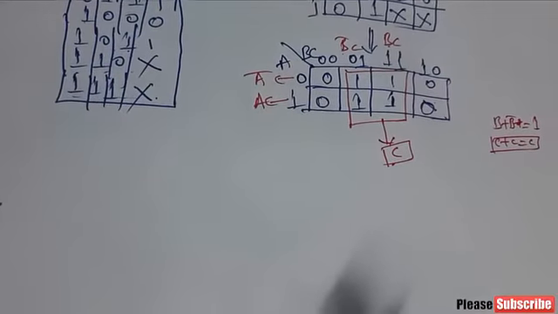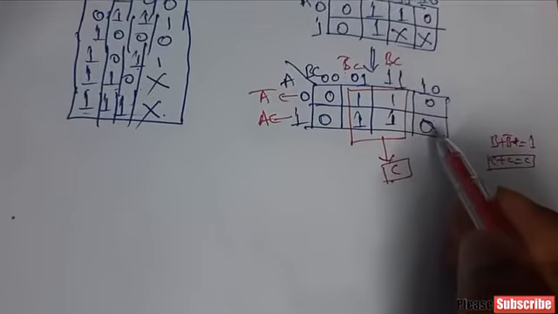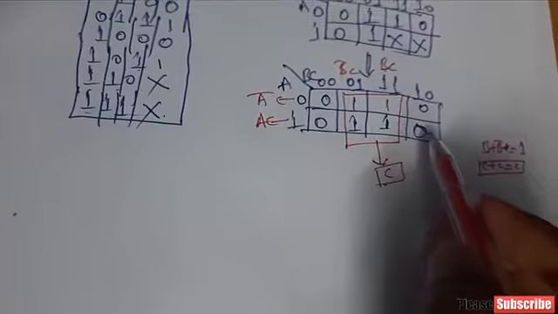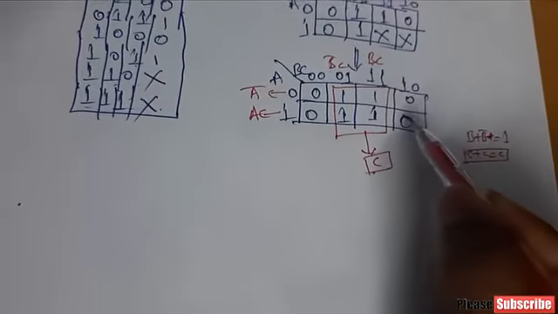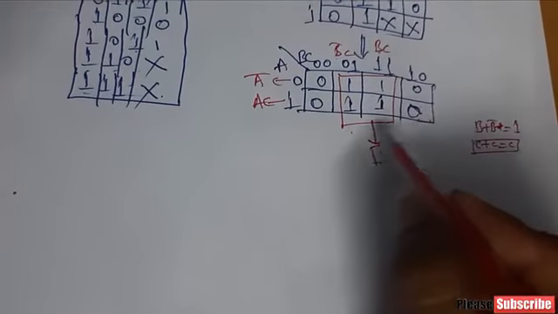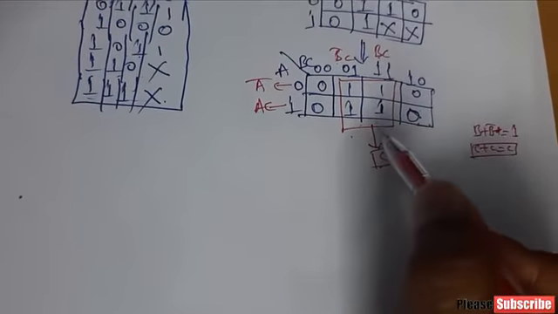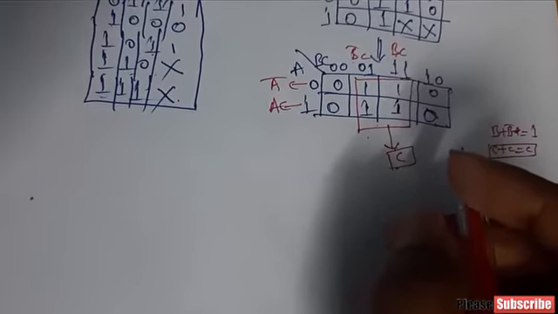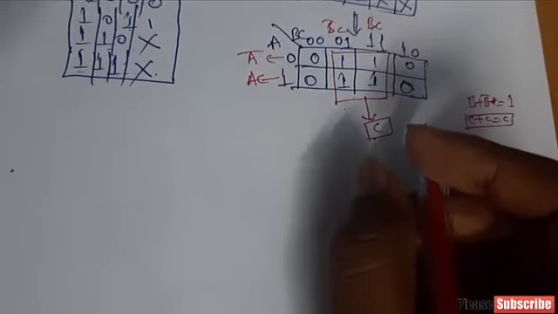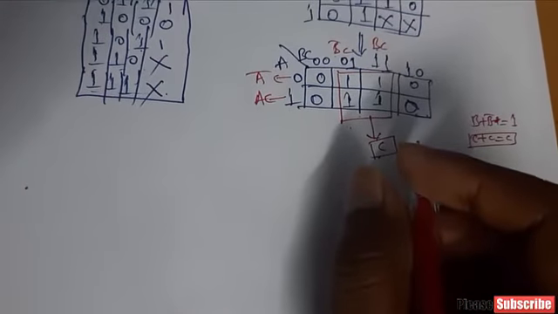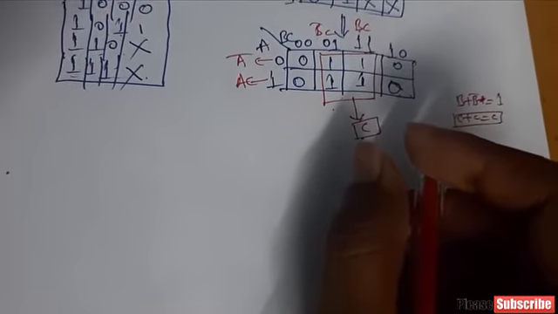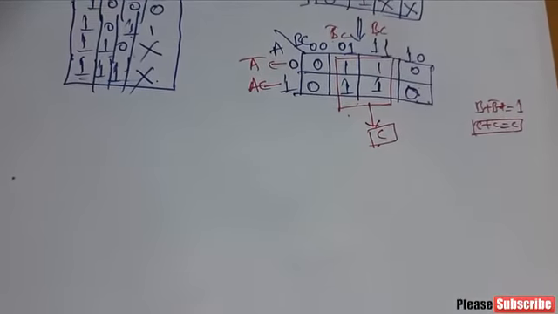Some of them get a doubt also. Here why do you take the 0 instead of 1? Because if you take the 1 here, this will become the quad pair and this will become another pair. Hence the Boolean expression will increase. That will not be in the reduced form. We have to take only the reduced form Boolean expression in the don't care conditions.